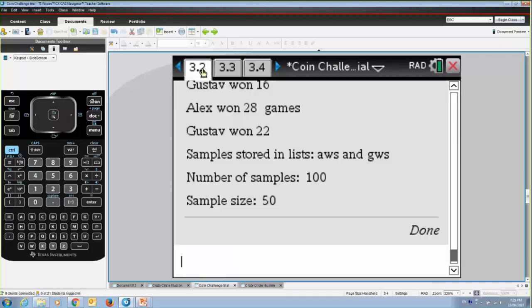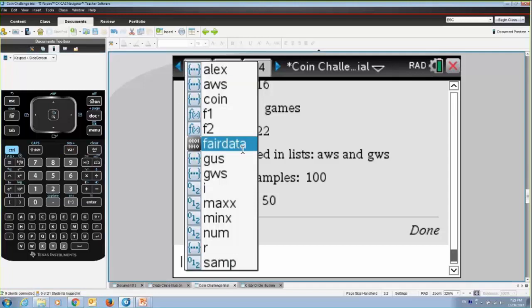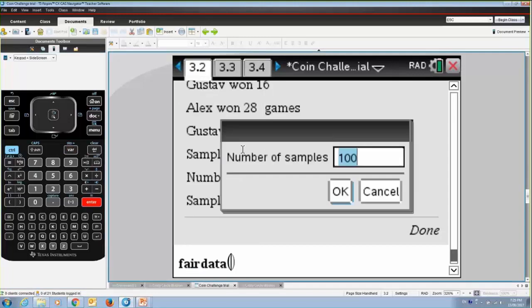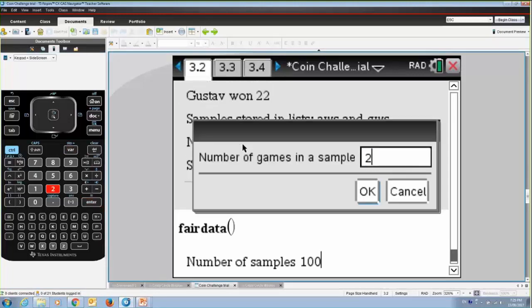So how do we get rid of a type 2 error? You can't just rub it out. So let's try again, 100 samples, but what if we increase our sample size? Now, depending on what the students have done in the past, they will realize that if I increase the sample size, I will reduce the standard deviation. So,